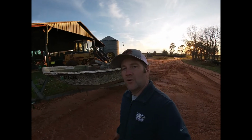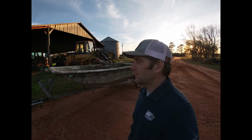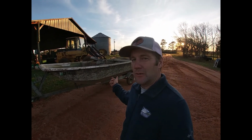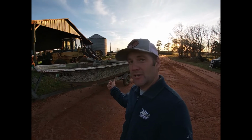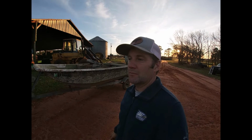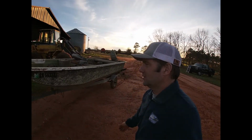Hey y'all, I know I normally do farming stuff on this channel, but we're gonna do something a little bit different. We got this boat about 10 years ago, and we were really into duck hunting. It's a Carolina skiff. We made this Carolina skiff into the ultimate duck boat back then, and as you can tell, we hadn't duck hunted